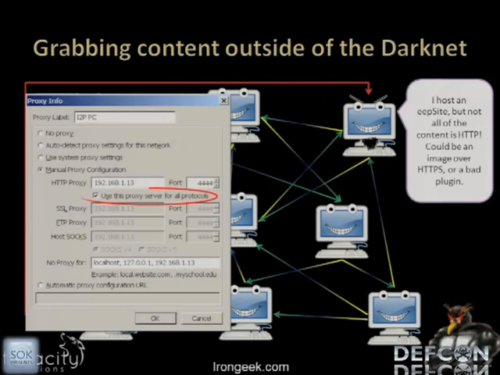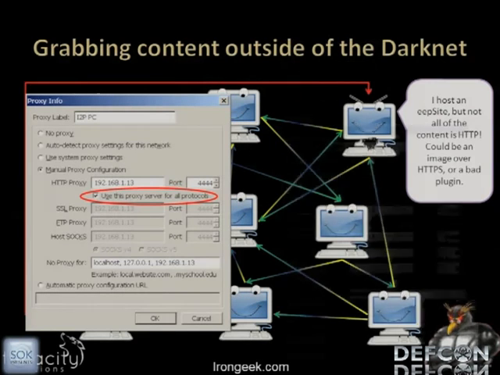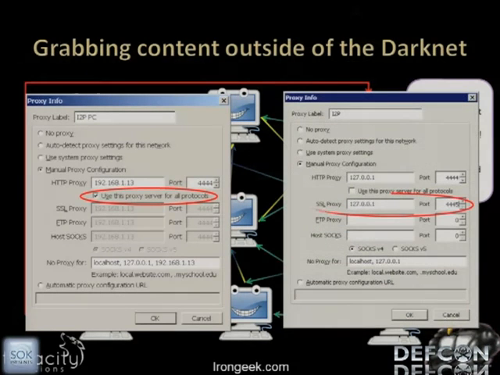Now, here's what I screwed up. When I first did my settings on I2P, I just set an HTTP proxy. There were a couple of options I could set. I could say use this proxy for all protocols. In I2P's case, that setting isn't exactly ideal because all those other protocols are not supported by the proxy, but at least it's keeping that little SSL issue from happening. Another option would be to actually configure an SSL proxy, which I2P does have, though that particular outproxy has a tendency to be down.